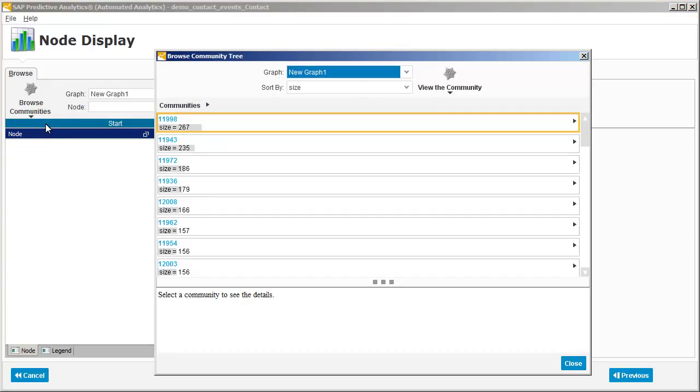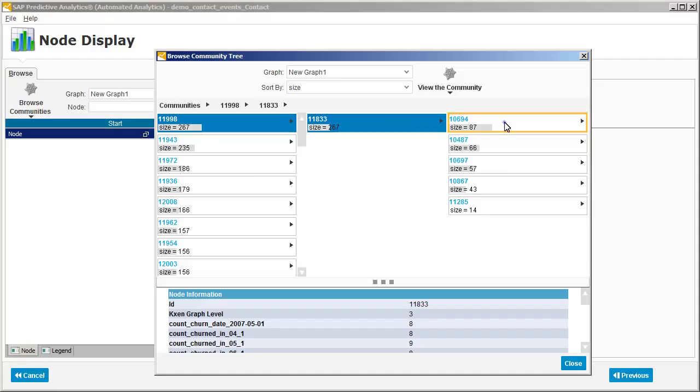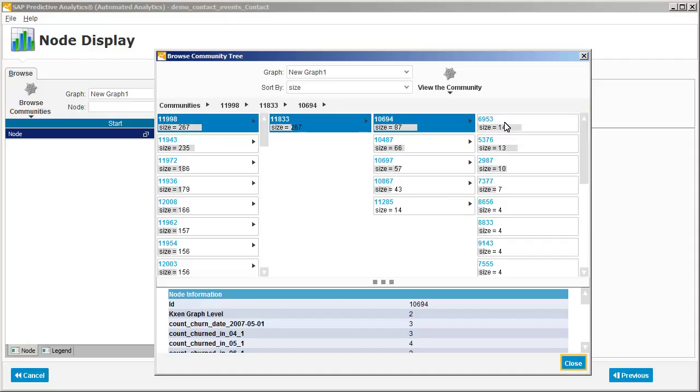Here we can see information about the sizes of communities at the highest level, level 4. We can select a community to see the sub-communities within it. In this case, the community identified at level 4 has the same size as the community identified at level 3. Now we can see examples of communities identified at all 4 levels, with level 1 having a large number of communities with just a few members in each.